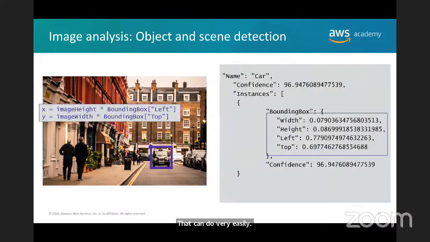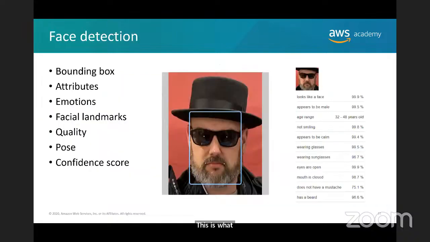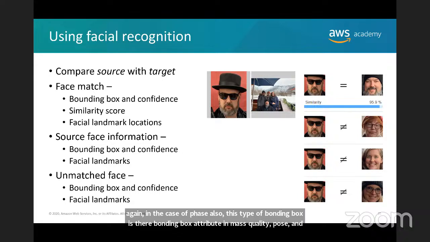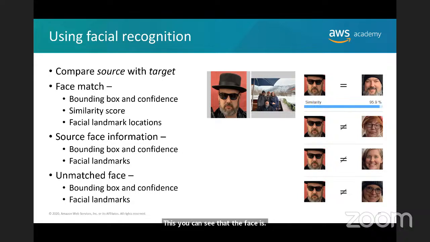This is again the bounding box. You can see image object and scene detection is there, right? In the case of face detection also, this type of bounding box is there: bounding box, attributes, emotions, facial landmarks, quality, pose, and the confidence score, right? You can also see the face matches. How to compare these? Face matches, bounding box and confidence, similarity score, facial landmark locations, stored face information, unmatched